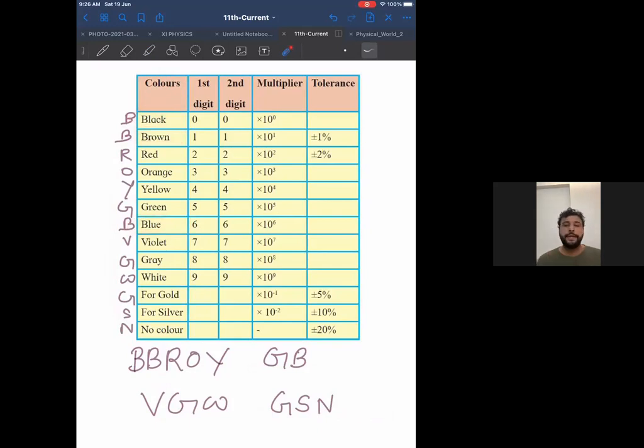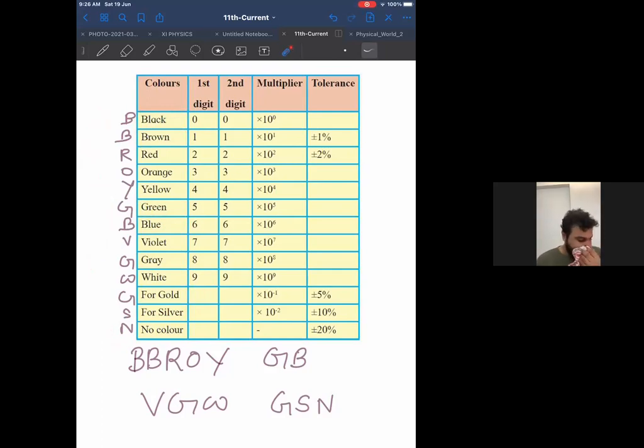Then how do you remember that? You should remember that the table always starts with black. Therefore, it starts with black. And a color which is very similar to black is brown. Therefore, blue will come over here. And always next to blue is green. Therefore, one more G will be gray. Gold and silver will be gold and silver itself. And necklace is no color. Otherwise, all the colors, there is no confusion. You can easily remember all the colors.